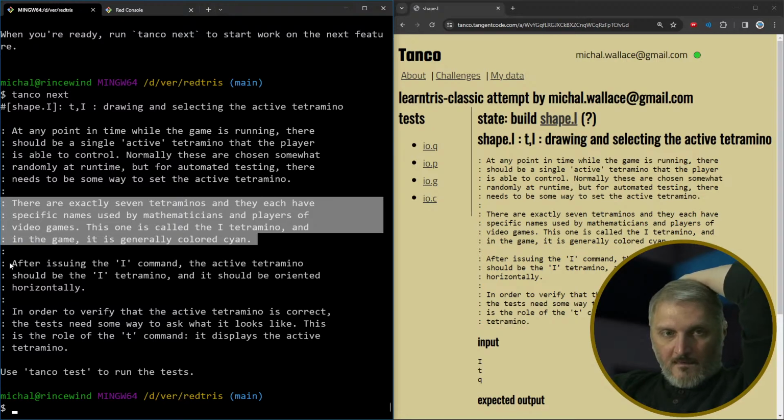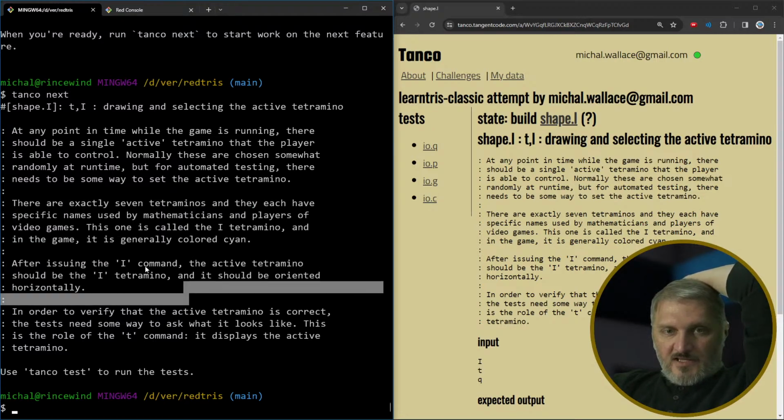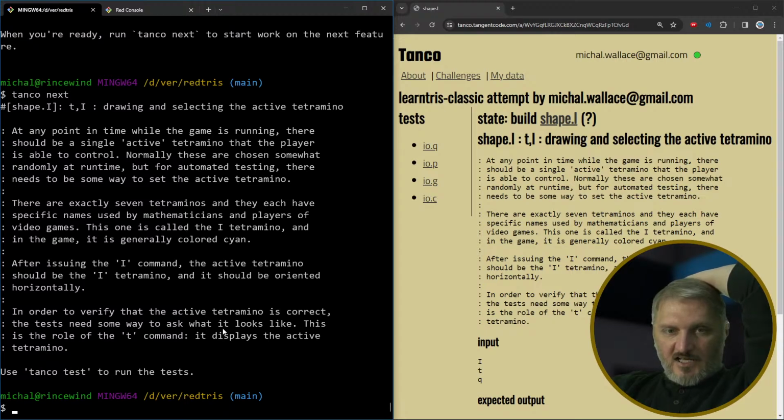I don't know. After issuing the I command, the active tetramino should be I tetramino, and it should be oriented horizontally. In order to verify that the active tetramino is correct, the test needs some way to ask what it looks like. This is the role of the T command. It displays the active tetramino. And then if we say,